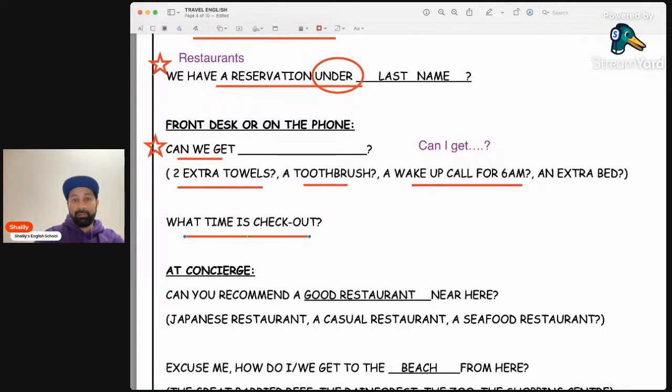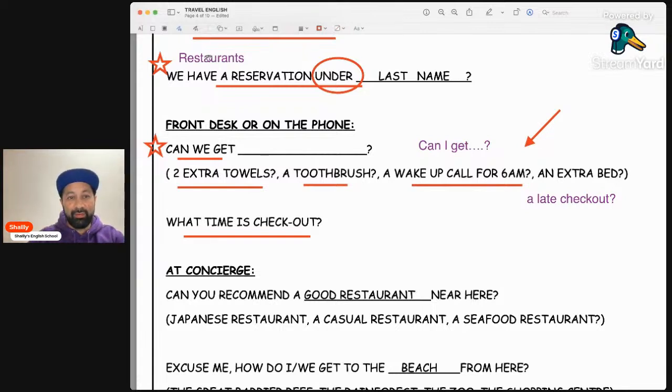Now, I'm going to add one more phrase here for up here. Can we get? And I really like this one. I do this always. Every time I'm in a hotel, I always ask, can we get a late checkout? Checkout time is usually 10 a.m., possibly 11. So I want a late checkout. That means usually they give you 1 extra hour. But I want you to really remember this phrase, can we get?